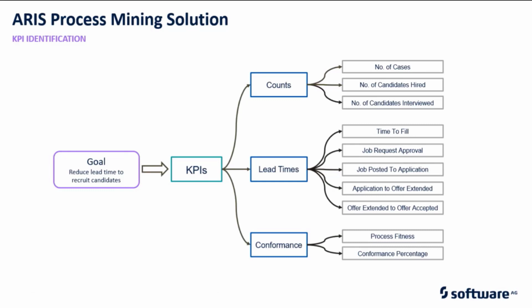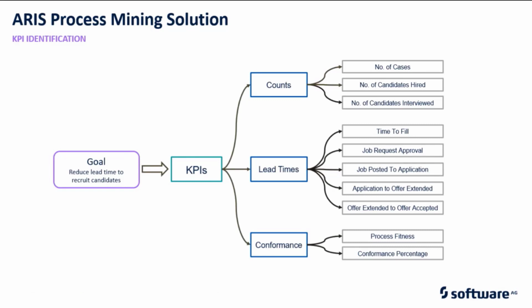The second category is lead time. The lead time will help the team understand how much time has been taken by the team to recruit a candidate. Along with that, we have segregated the overall process into various stages and calculated the lead time of each of those stages, so that the business user can look into the performance of each stage, identify which stage is lagging behind in the overall process, and then try to improve those stages.